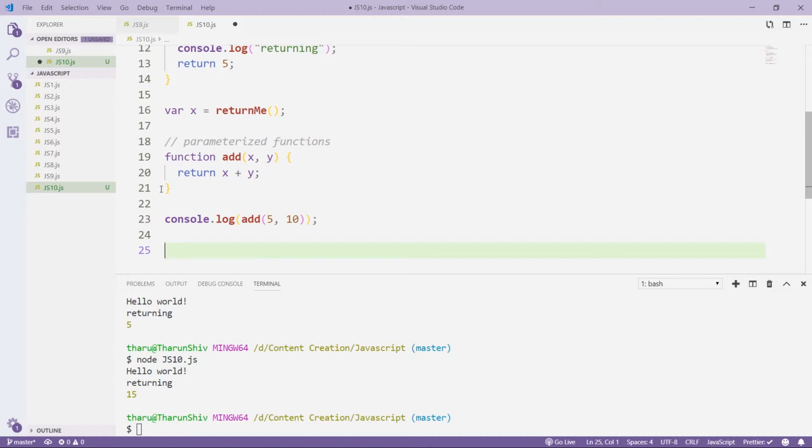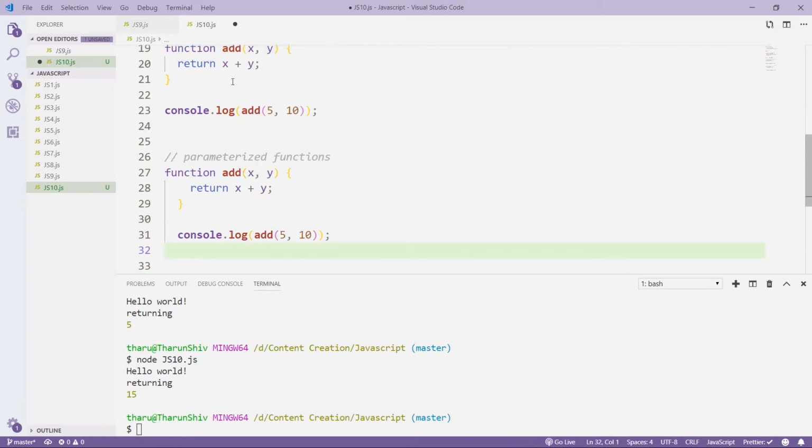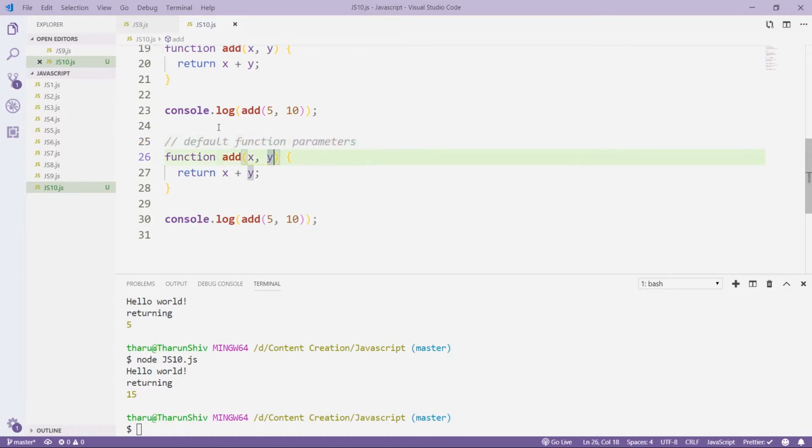Now in the same parameters, you can have default function parameters. In the sense, let's take the similar function here. Let's call this default function parameters, where by default you'll have some values. For example, say y equals 10. Okay, now if I pass this 5 and 10, I'll get the same result. But if I don't pass that 10, okay, pass only 5, then it will assign this 5 to this x, and 10 is already a default value to y, so it will take 5 plus 10,